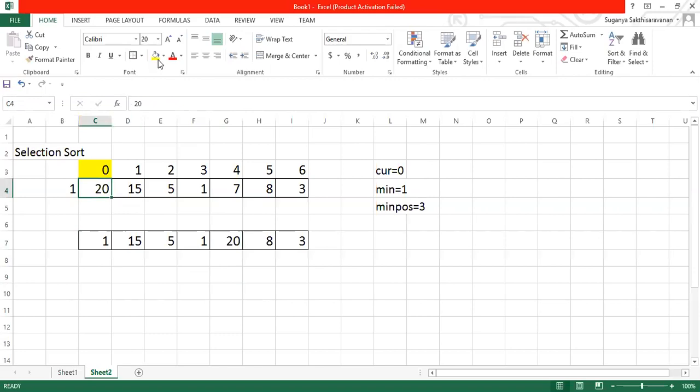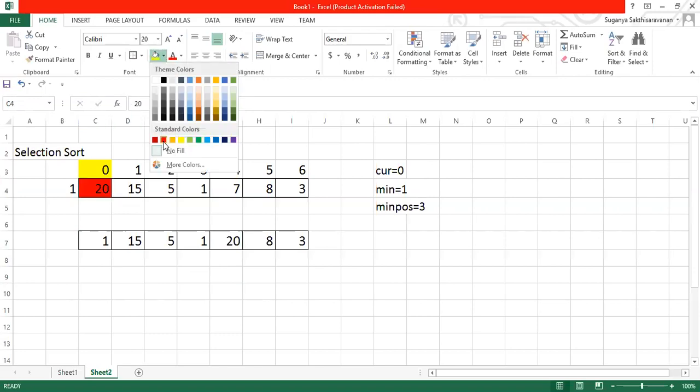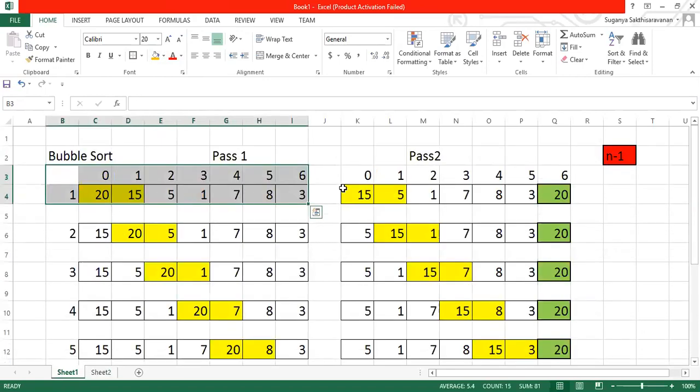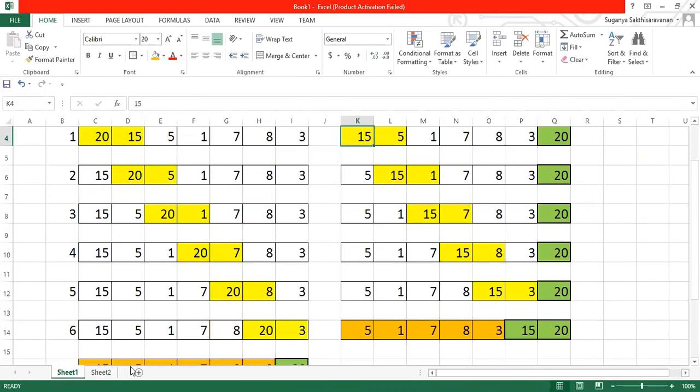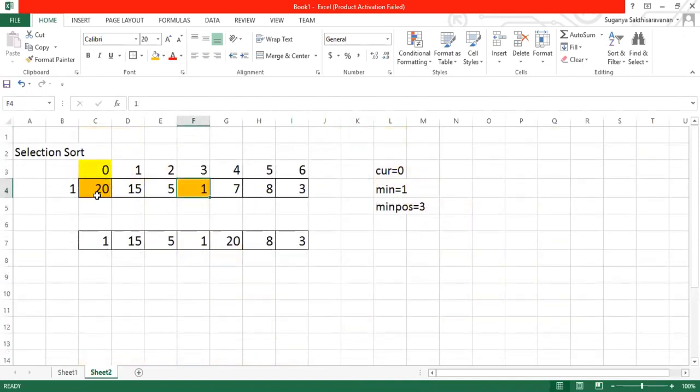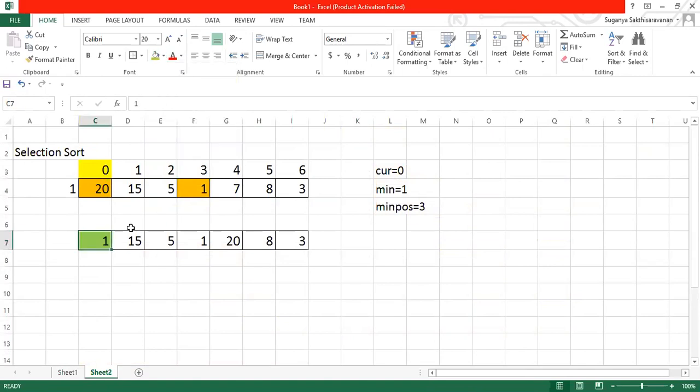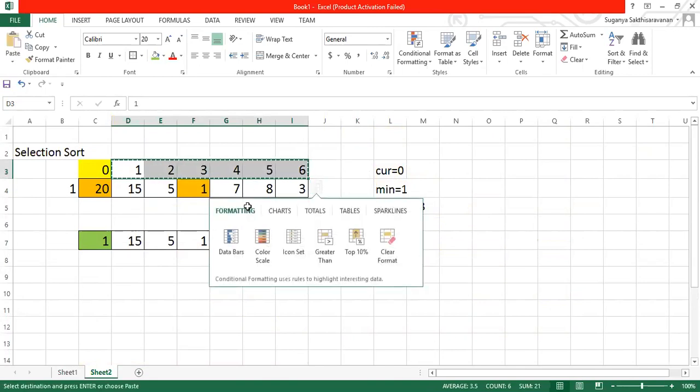Swapping of this element with the minimum value, the first minimum value. Keep in mind that selection sort will work from your left end. We have seen bubble sort works from your right end, right? Sorting is happening at your right end. But in selection sort, it will happen at your left end. So right now you can notice that this element is sorted, so you'll never disturb it. Again, as we saw in bubble sort, once it is sorted, we will not disturb that element.